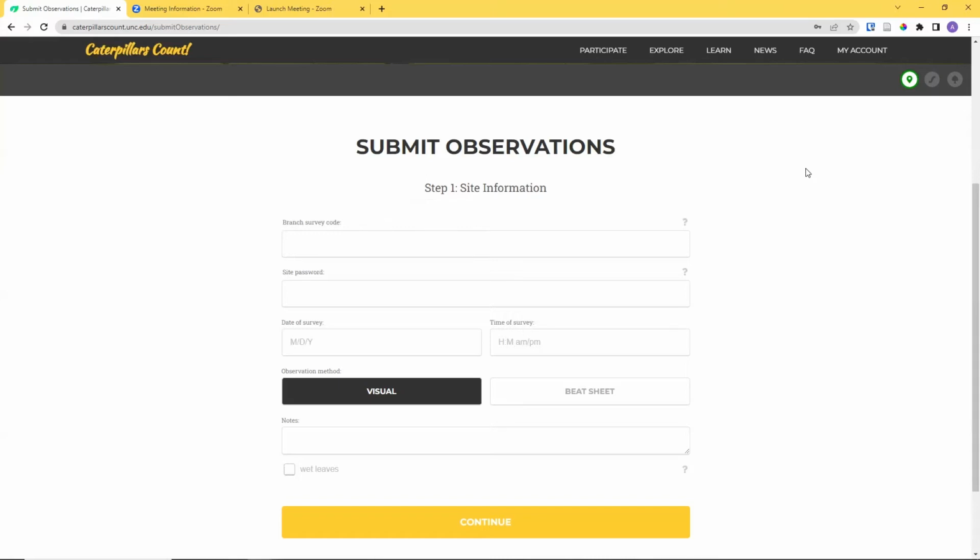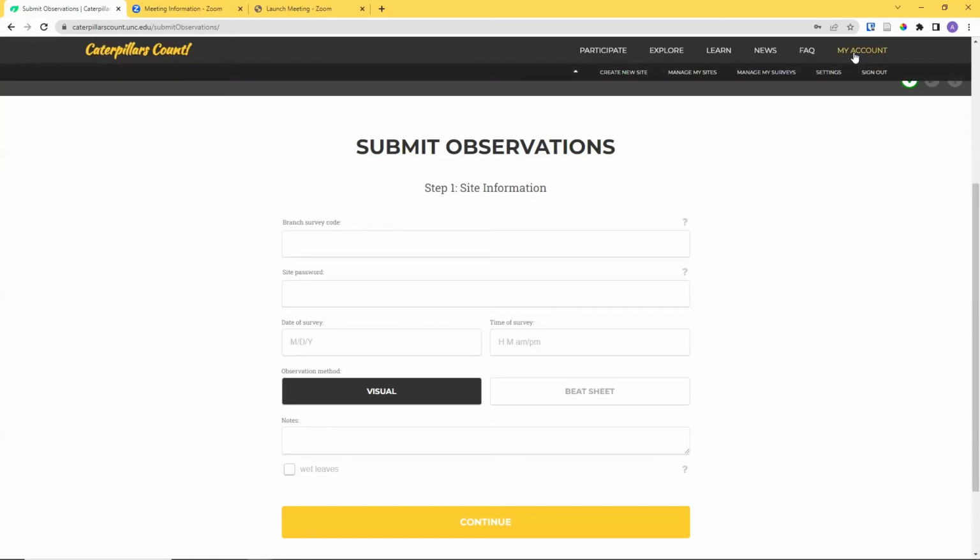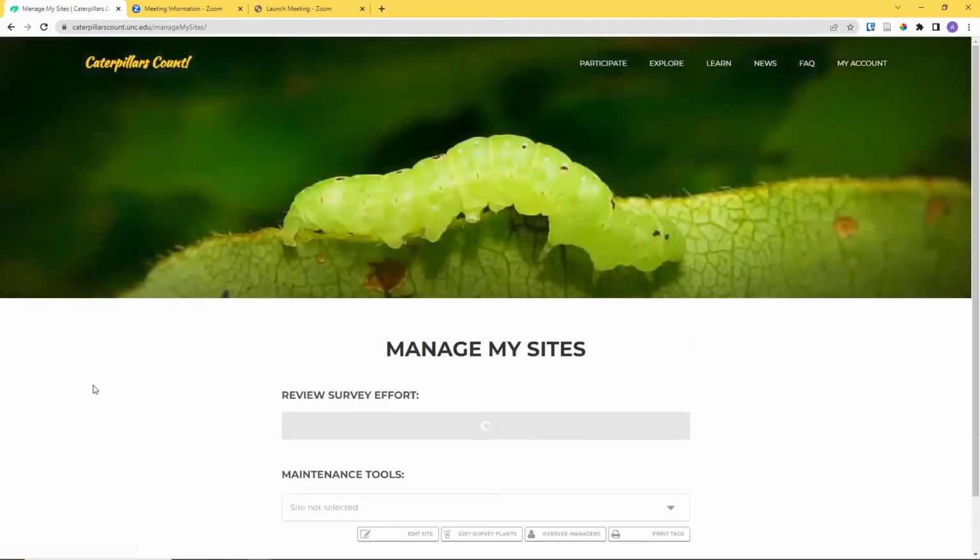Let's answer that other question in the chat, because that's something I meant to get to before. Once you have created a site, so here's the My Account tab. This is where you'll create your own account, create a Caterpillars Count account in the first place. Once you've done that and you log in, you'll see all these options. Create new site. Once you've created the site, you can manage it. So when you click Manage My Site,